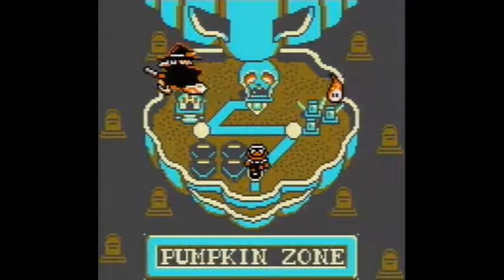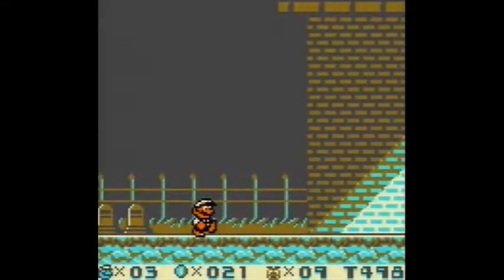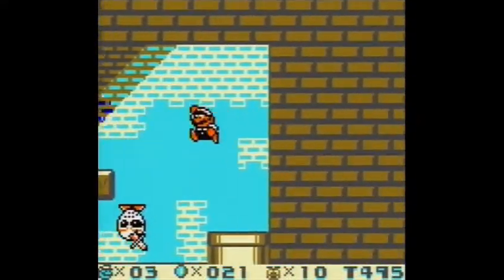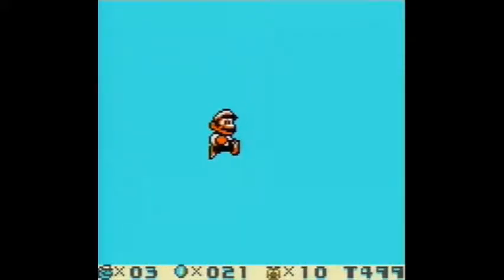This is a quick any percent for Super Mario Land 2 tutorial. We start by getting a mushroom in Pumpkin Zone 1. Enter the pipe, start select, while inside the pipe, re-enter the level, and immediately press right as you fall through